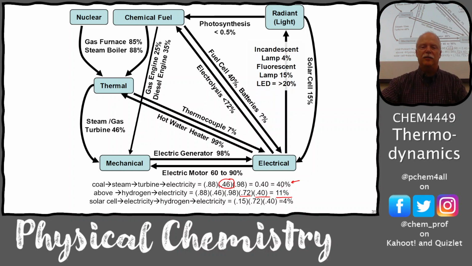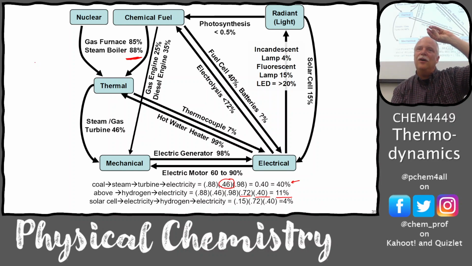And so this is where, and we'll cover more of this later in the course, I do want you to think in terms of efficiency. When they talk about the efficiency, many times they're just giving you one of these numbers. Like they'll say this particular water heater is 88% efficient, and that's fantastic, okay? But then they'll say this other one, it's an electrical water heater, and it's 90% efficient, so it's more efficient. But it's not if you are using coal to go all the way through this to make electricity and then using the electricity to heat water. You see,